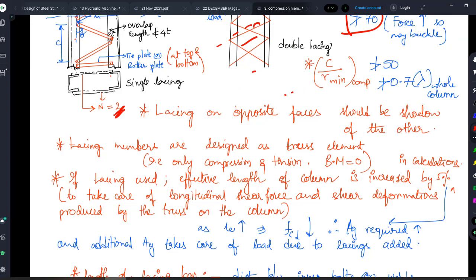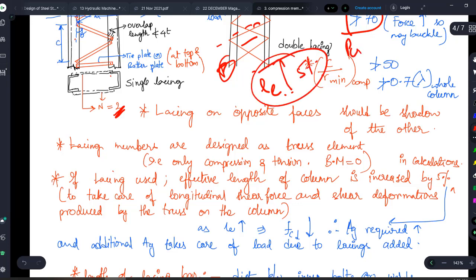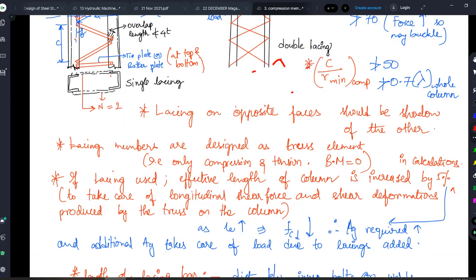तो लोड कितना डिक्रीज हो रहा है, because you are applying the lacings. You need not calculate directly. Indirectly we have a method. We just have to assume my effective length is increased by 5%. As the effective length is increasing, my load carrying capacity will be decreased. You just have to find out that load carrying capacity. Done. याद रखोगे. A very important bit for your state PSC, never never forget.